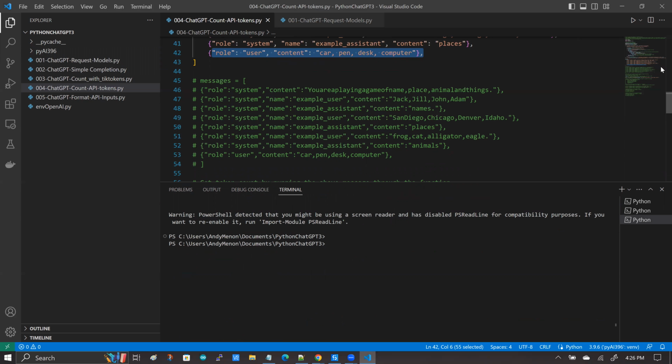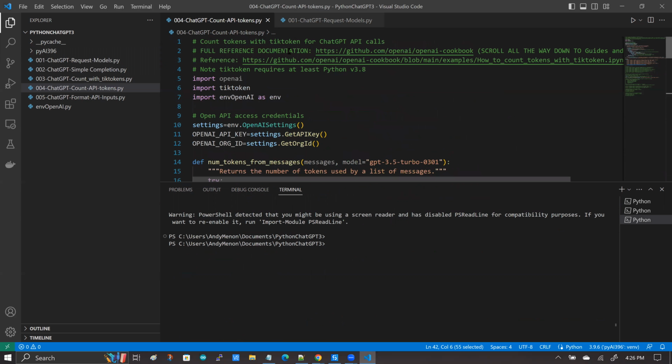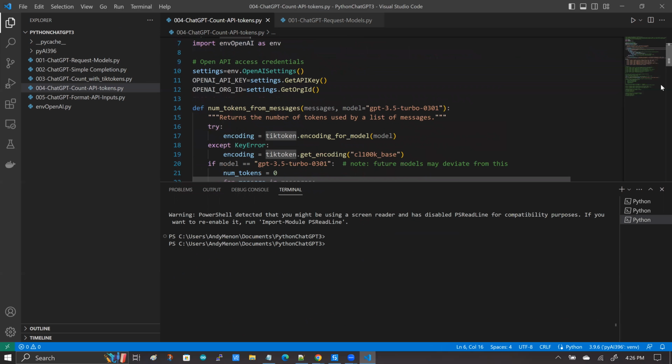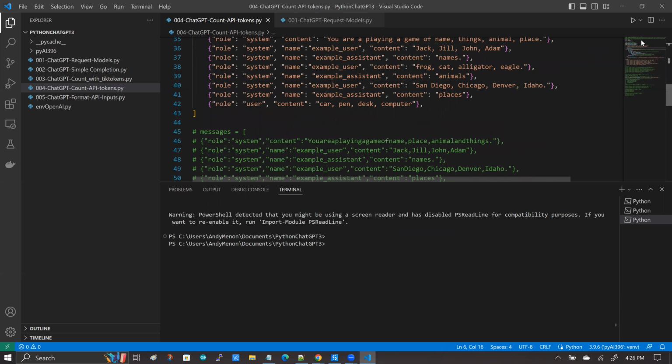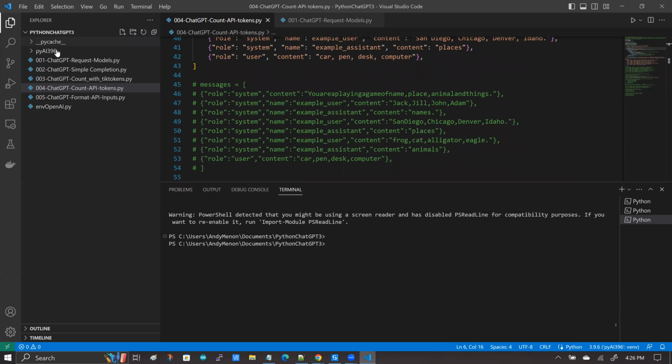And then you also would have to pull in the tiktoken object, and you also have to install the OpenAI library, right? So please do keep that in mind if you're going to be running this Python script. And I have set up a virtual environment for 3.9.6. And if I run this,